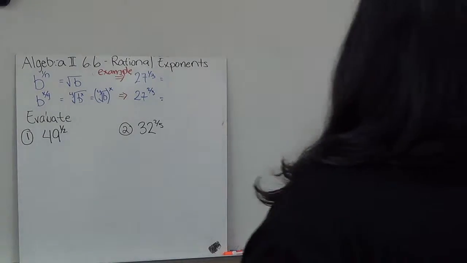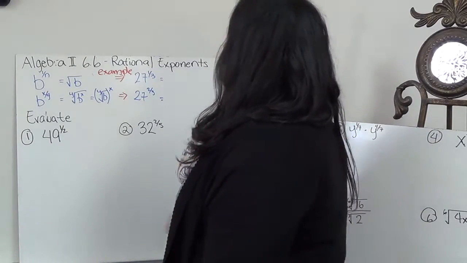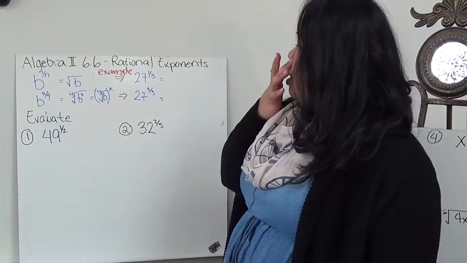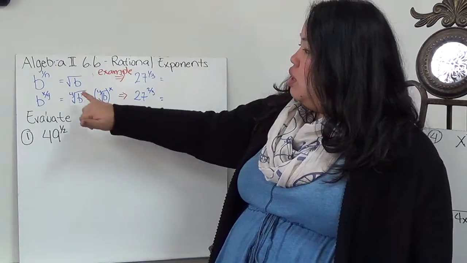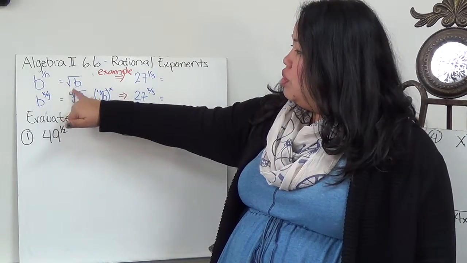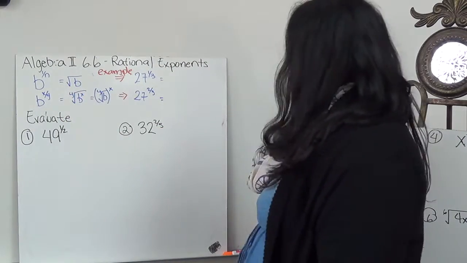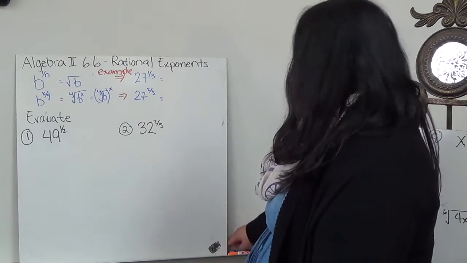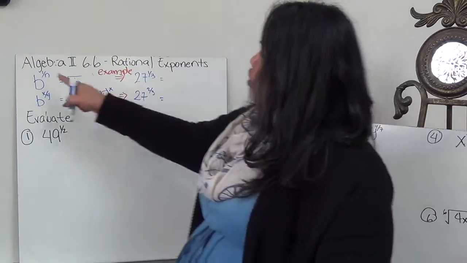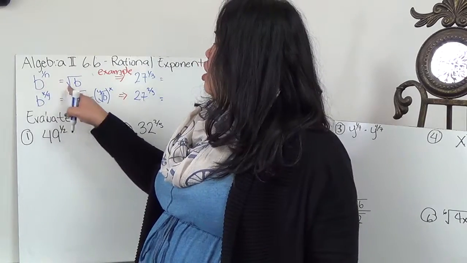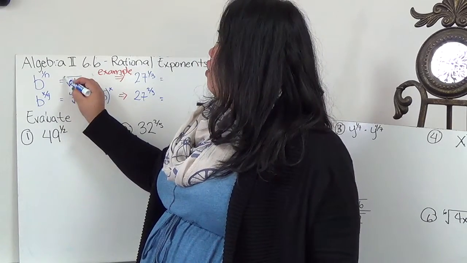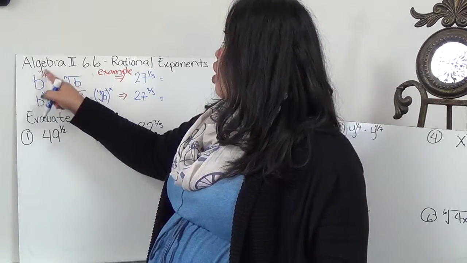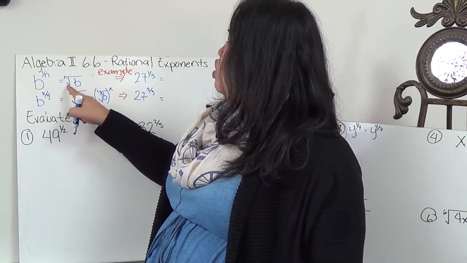In Algebra 2, section 6.6, we're dealing with rational exponents. So, you remember that the root, sorry, this is supposed to be an n. So when I have something to the power of a fraction, that denominator is the root, right? So if this was b to the 1/2, 1 over 2, then that means I have to take it to